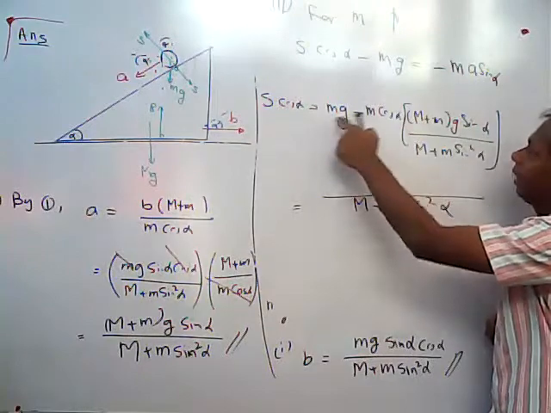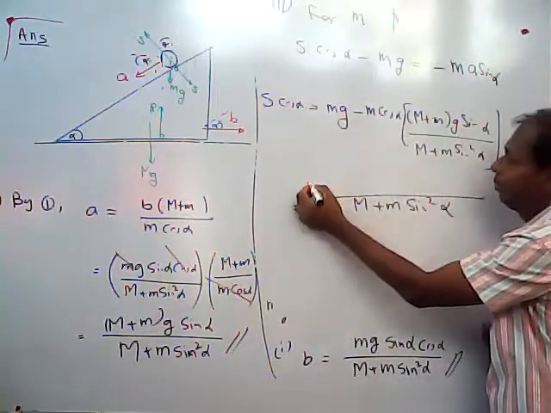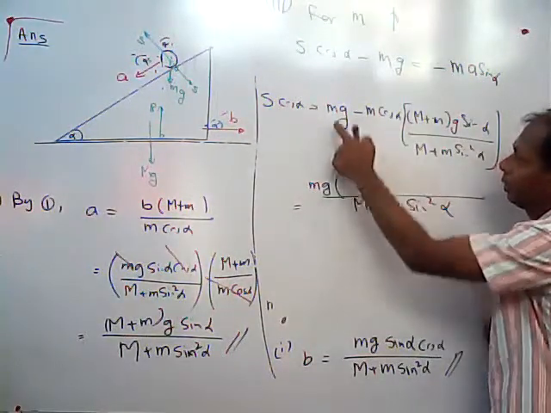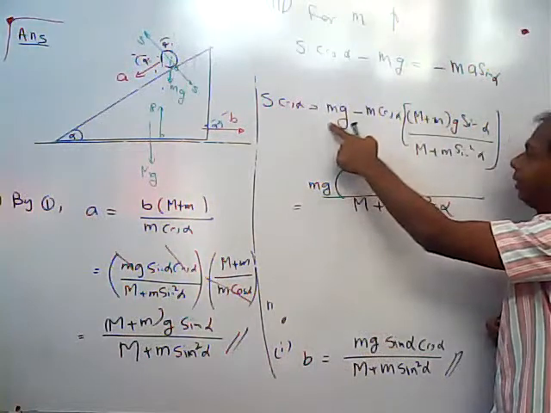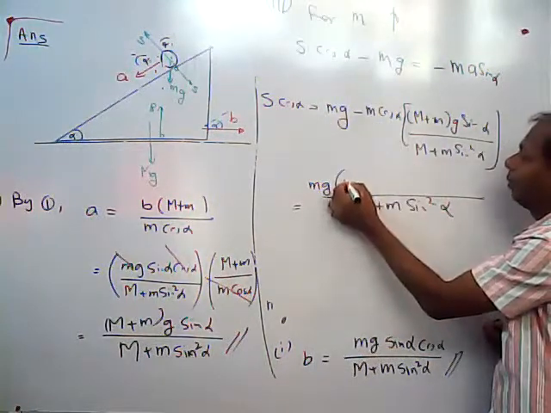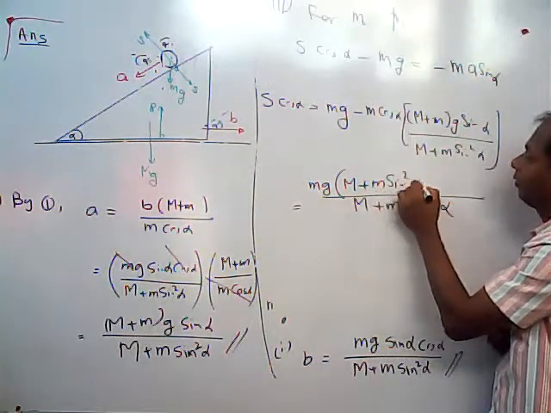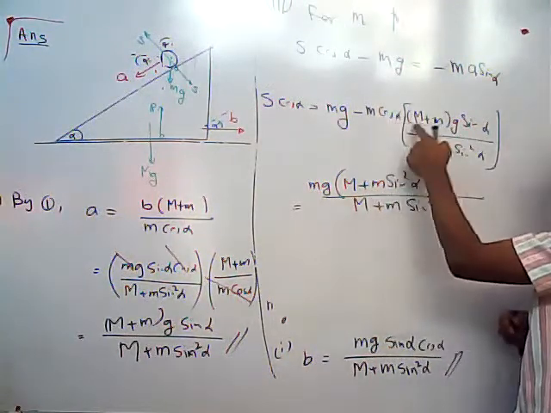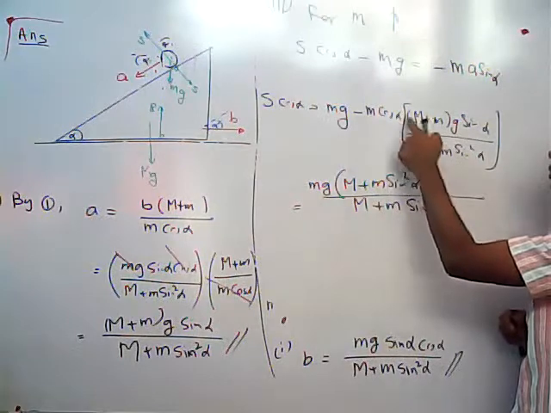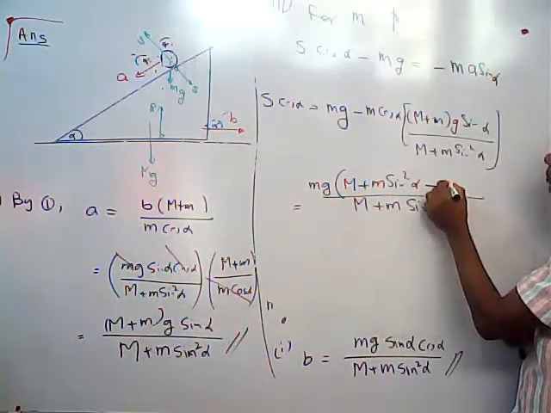This will go to the other side. mg can be taken out, as it is common. Just 1 will remain here, multiplied by this. There will be m plus M sin squared alpha minus,